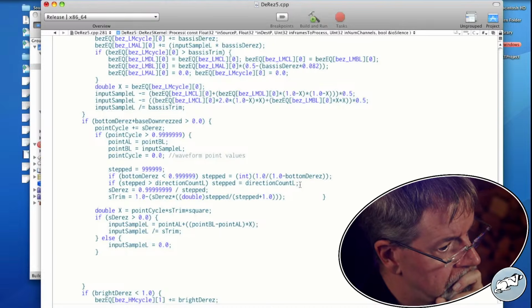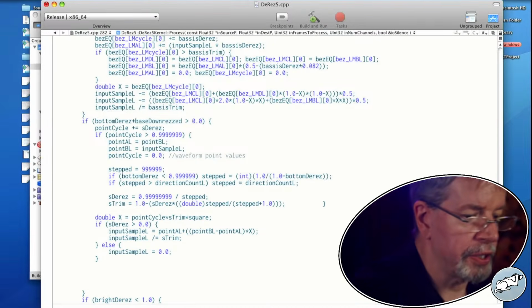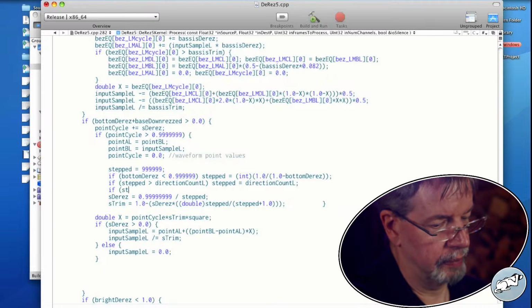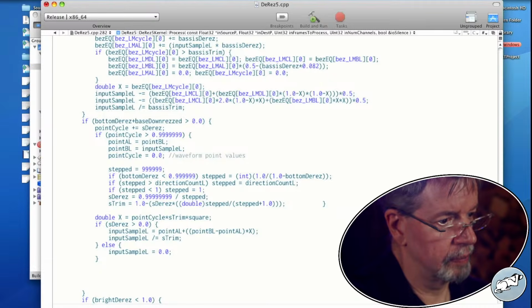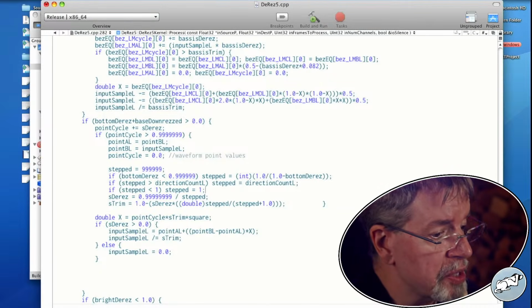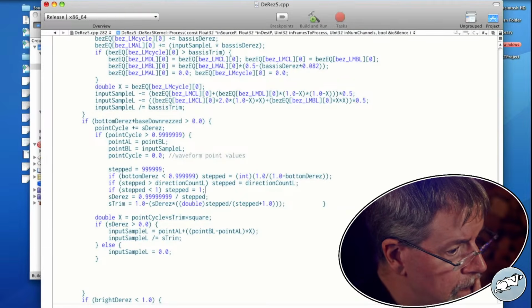So I'll just do a, there we go. Now it can't divide by 0, so we're fine.